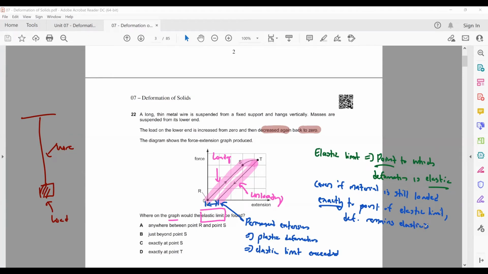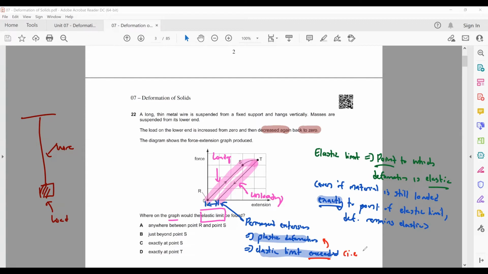What I want to say here is that even if you load your material to exactly the elastic limit itself, you are still having elastic deformation. You need to exceed the elastic limit before you can have plastic deformation. So I'll just say here, elastic limit must be exceeded before you can have plastic deformation,